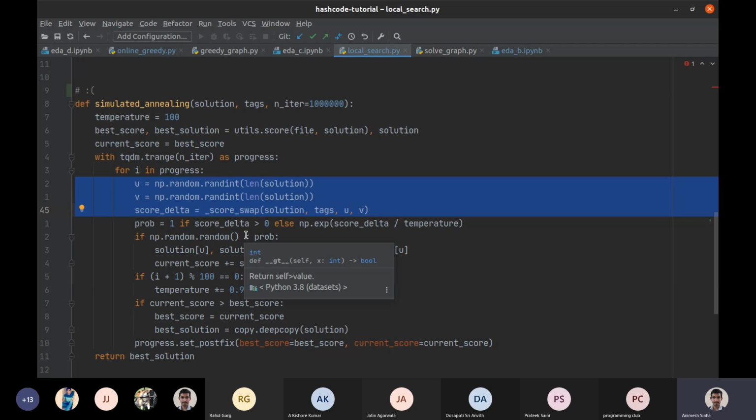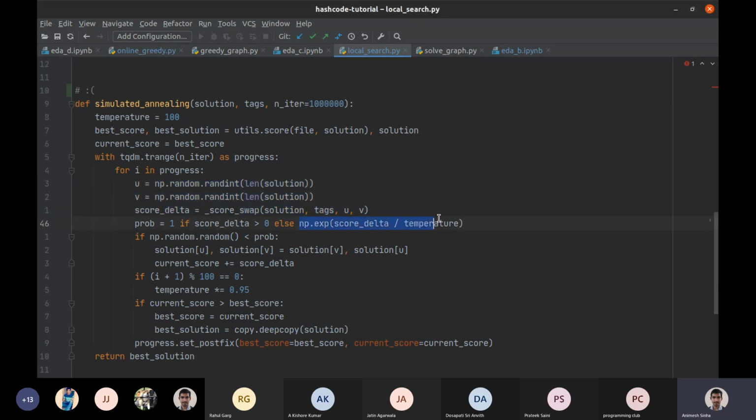you obviously accept the swap. And even if the score decreases, you can still accept the swap with probability e to the power minus delta score by temperature, which is kind of similar to A times e to the power minus Ea by RT, the annealing function for chemical kinetics. That's where the idea comes from, that to occupy the lowest energy state, or the highest score state in this case, we are looking at score as negative of energy in physics.